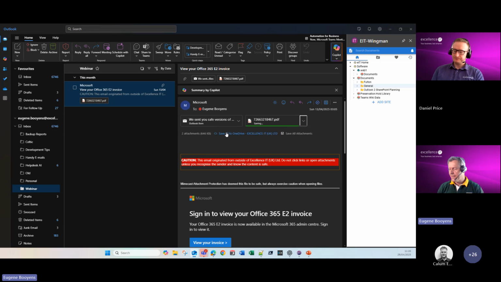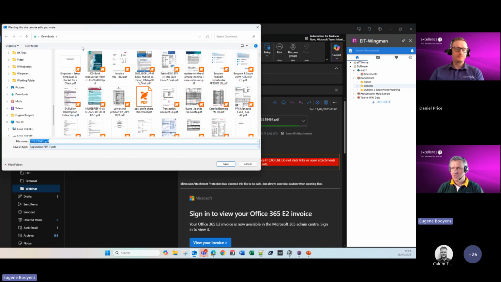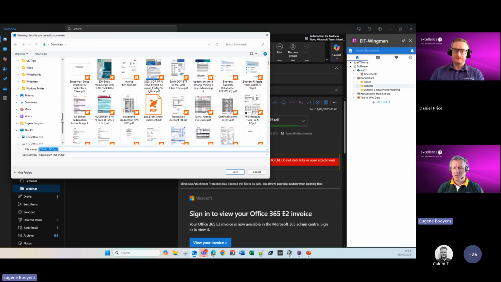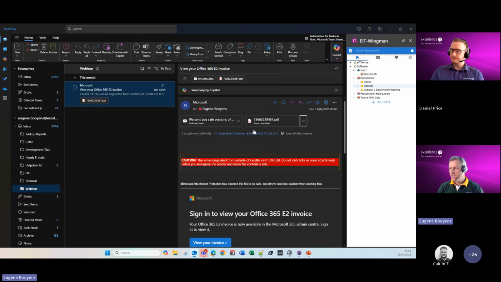If I go to Save As, then that will bring up a file dialog box where there's no easy way for me to immediately navigate to SharePoint. Now, there are some ways, but I'm not going to go into too much detail. Effectively, what most people end up doing is they'll save the file to a temporary location on their machines and then open up SharePoint in a browser and then upload the file, which is really not ideal.